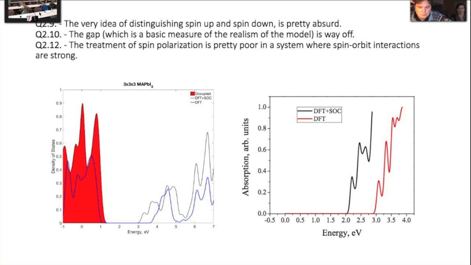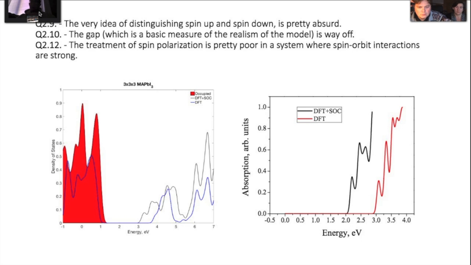Okay. So another thing that these reviewers were critical of was our treatment of the system with a spin polarized methodology, because we know that spin orbit coupling is very important in these types of systems, but what we had up to date was not yet ready to handle the calculations for that, also just the amount of time that it would take. And so now we have some of these spin orbit coupling calculations done and comparing what happens to the band structures or the energy distributions of the states with and without the spin orbit